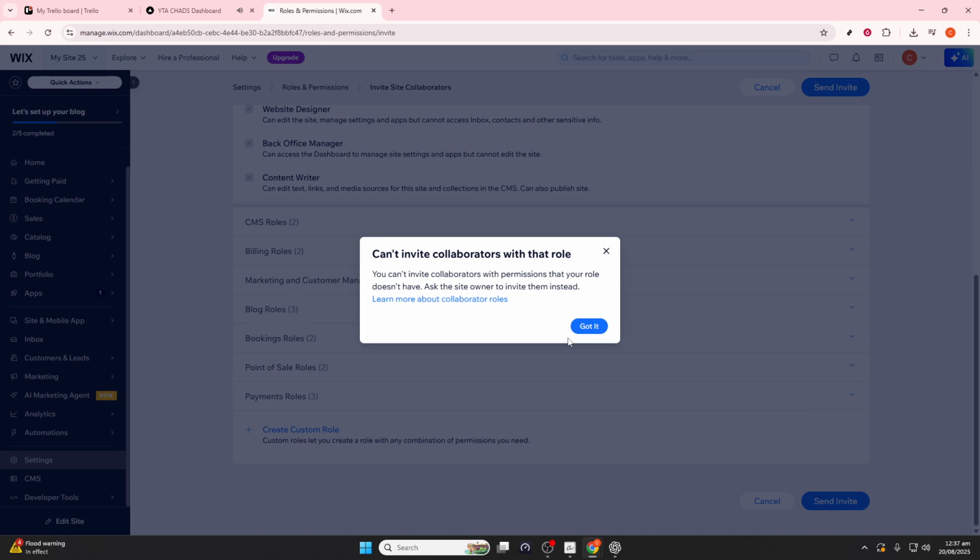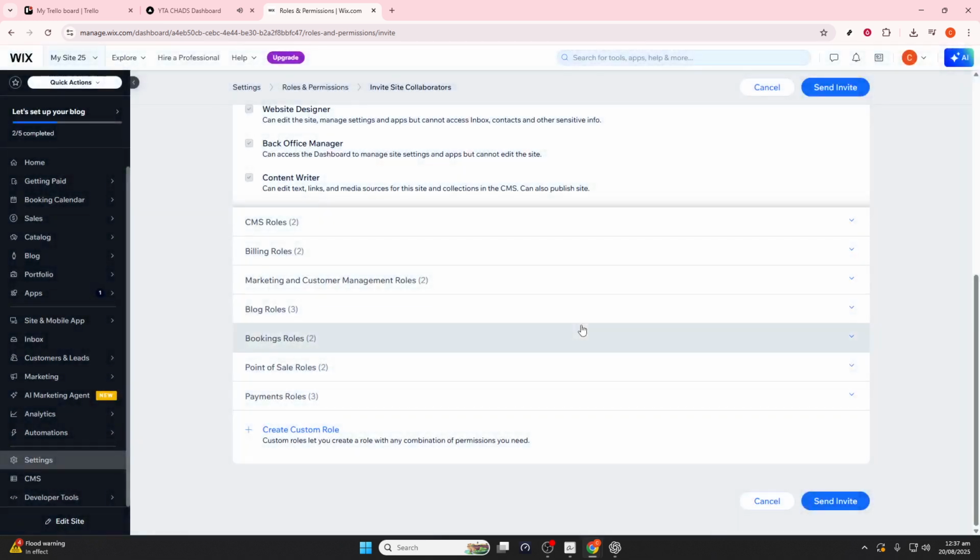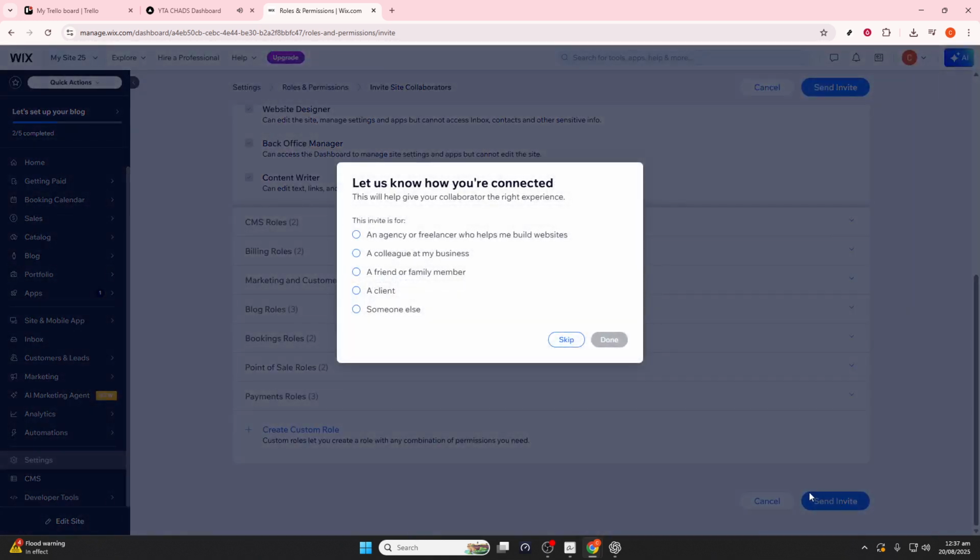With these steps complete, you've successfully managed to invite a new member to your Wix site. Managing team roles and permissions effectively can greatly streamline your project's workflow and ensure that your team